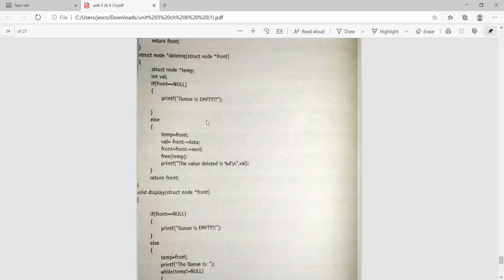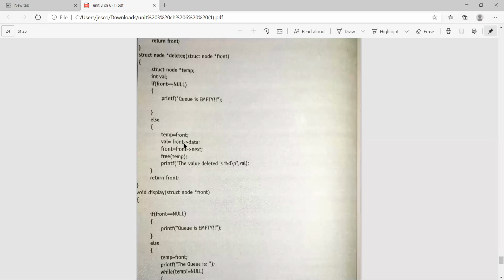Then after that, struct node pointer delete queue, that means we have to delete the element from the queue. For that purpose again we have to assign front to the temp variable. If front is equal to null, then your queue is empty.